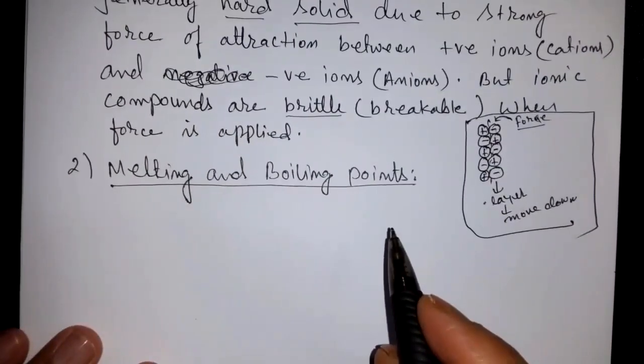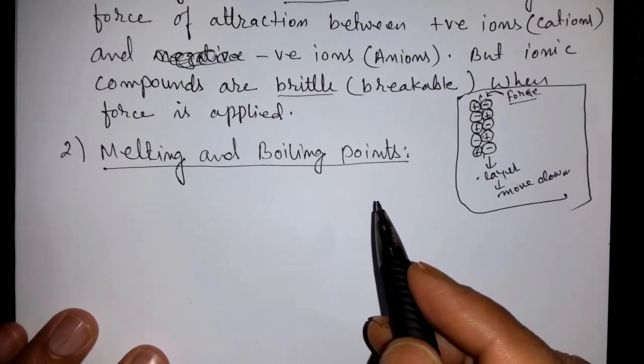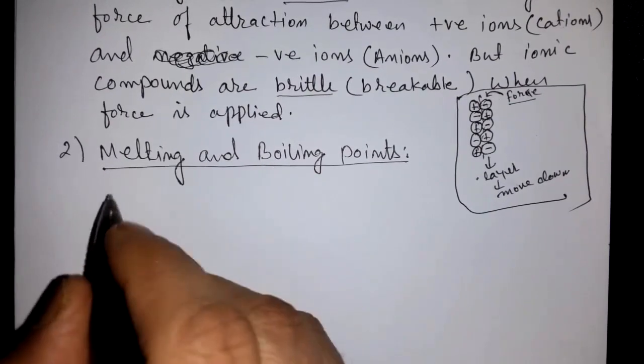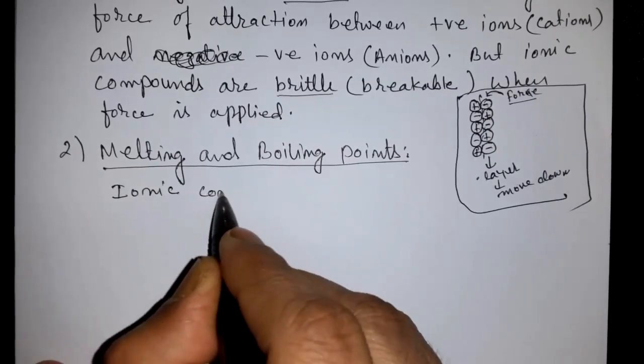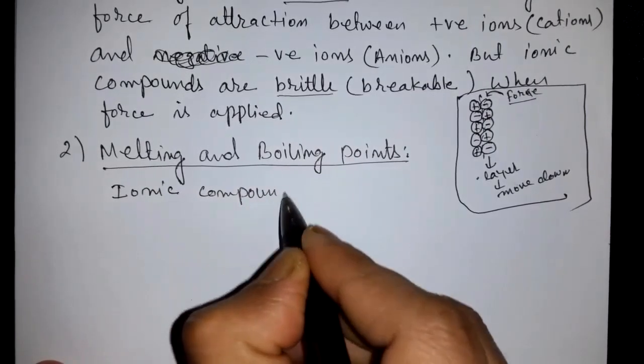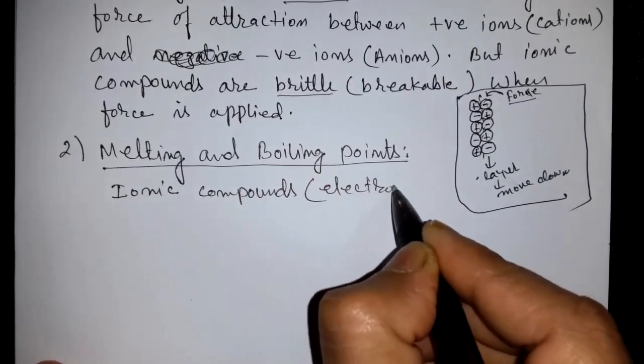So melting and boiling point. What we can say is that they have generally high melting and boiling points. So ionic compound, if you want to write the other name, you can say electrovalent compound,